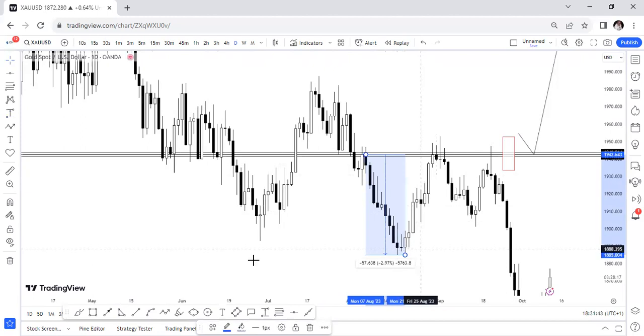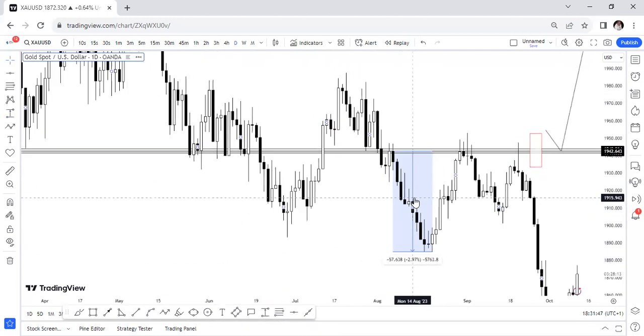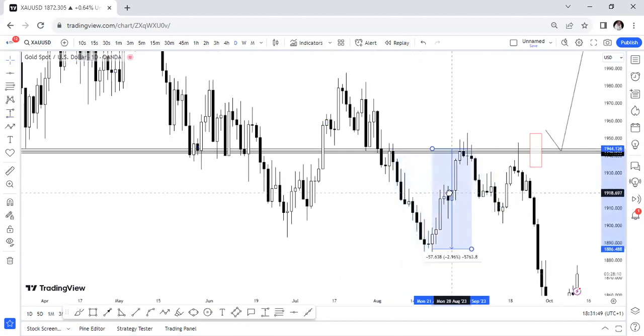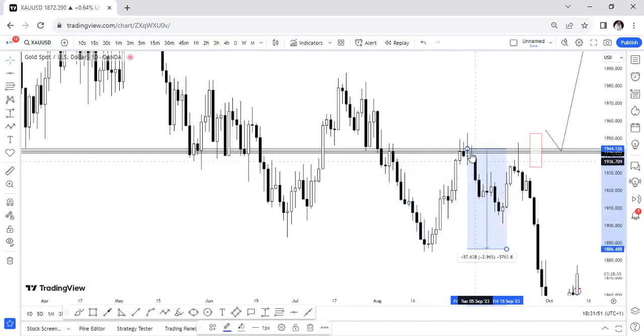And price pulled back into it again. It reacted downward, in the same manner that happened there. Can you see no price closed above